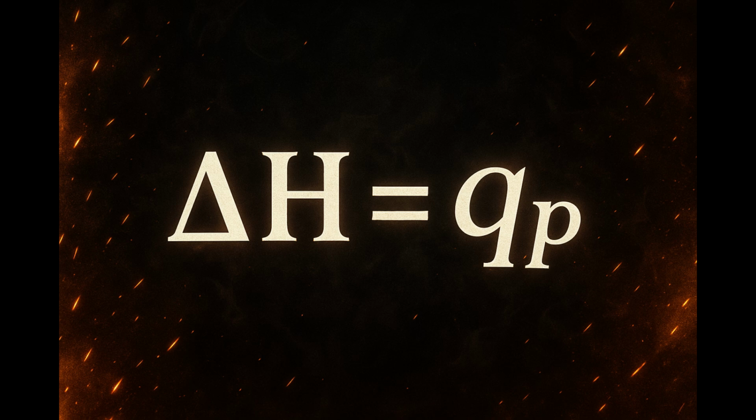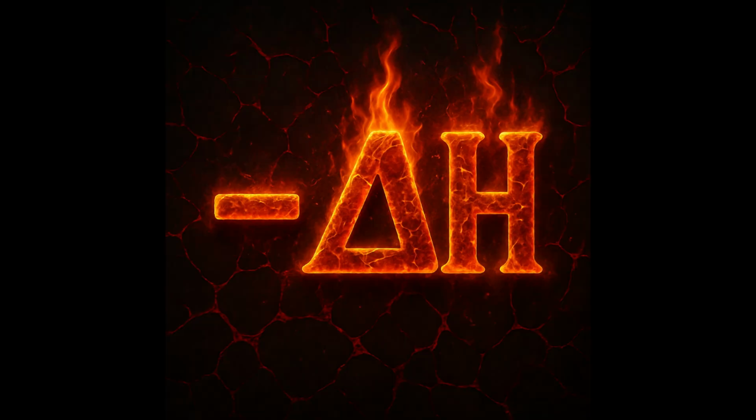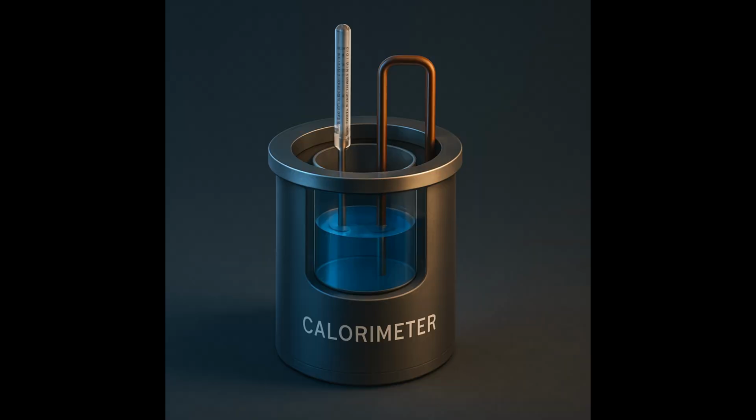flow at constant pressure. Positive values of delta H indicate that the system absorbed heat. These are endothermic reactions. Negative values of delta H mean the system released heat. These are exothermic reactions. We can model and measure enthalpy changes in the real world using a device called a